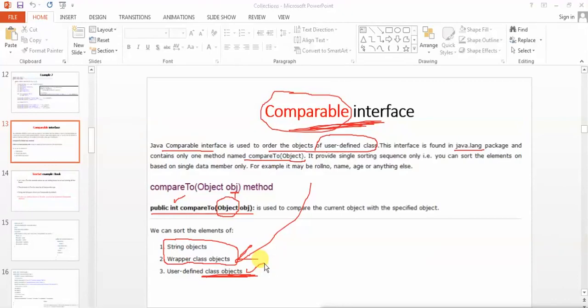While adding those objects inside the tree set, it will see in your custom class whether there is any comparison logic inside it, with the help of which it can sort the elements. If it does not find that, then that will result in a runtime error. So it will actually look for the compareTo method. Does your class contain the compareTo method? If no, then it will throw a runtime error saying I cannot compare the two objects. How can I sort the elements? That's my property. That's what the tree set says.